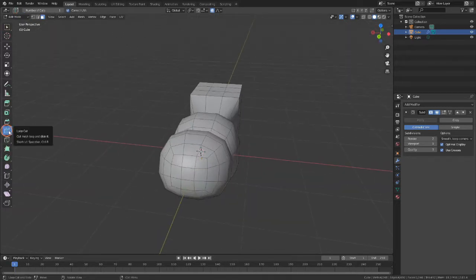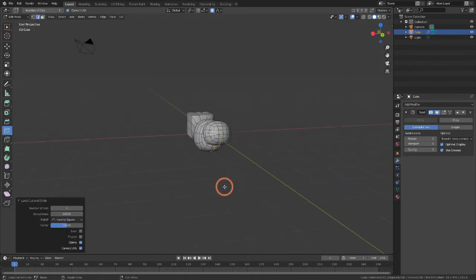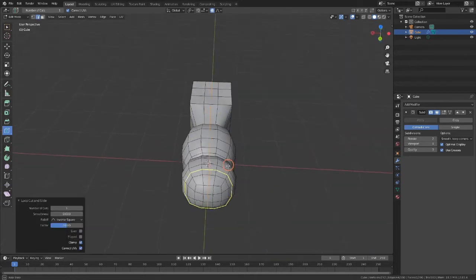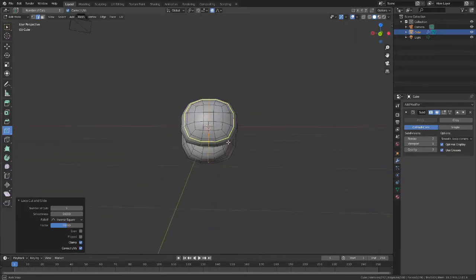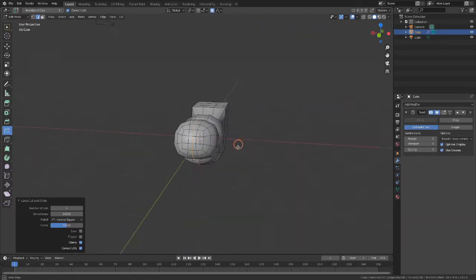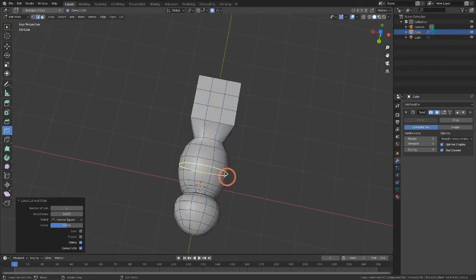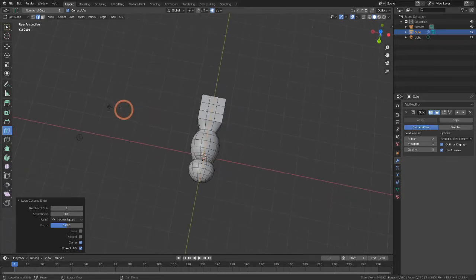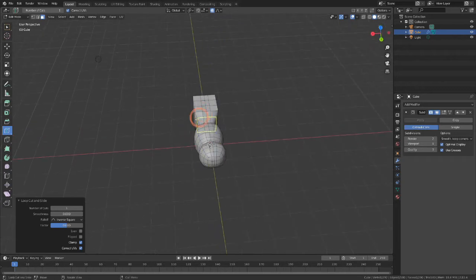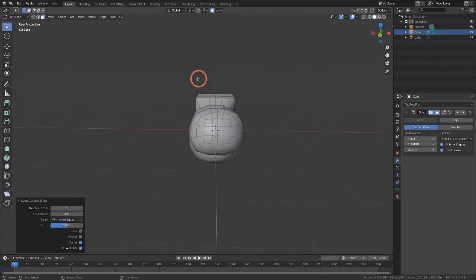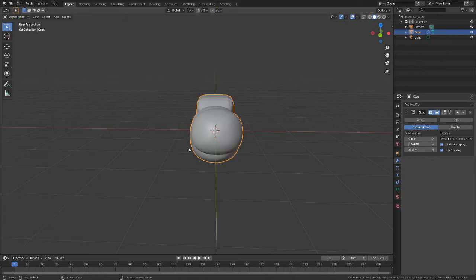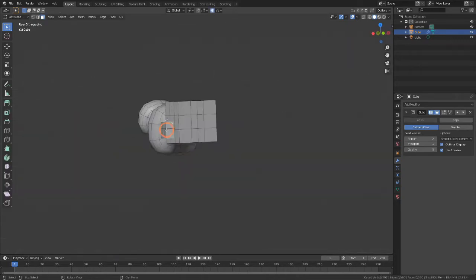So get your loop cuts out. Just add one right down that y-axis. Why is my thing not lined up perfectly? Oh, I probably did some smooth select, didn't I? We'll have to fix that. But then I'm going to go into face mode, and I want to just select all of the faces on one side of the y-axis, this green line. So easiest way to do that would probably be going into my front view,